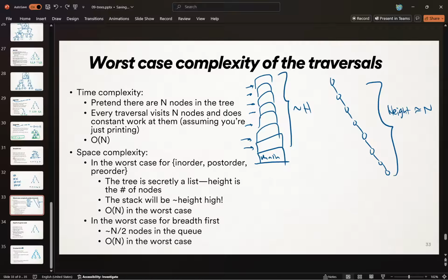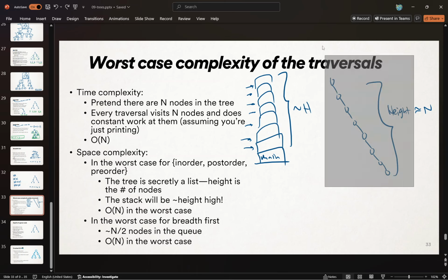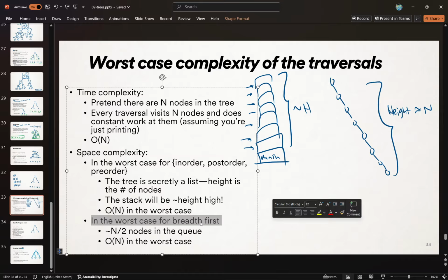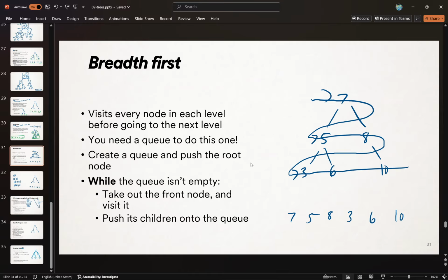So that space complexity is going to be linear in the worst case. Disgusting. But really, I want you to think about it like O of h. It's going to be O of h again. The biggest height, which could have been that. Okay? Breadth first, by the way, is using a queue in the worst case. Let's talk about,